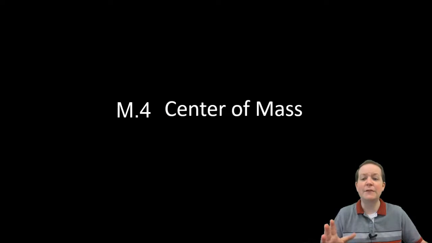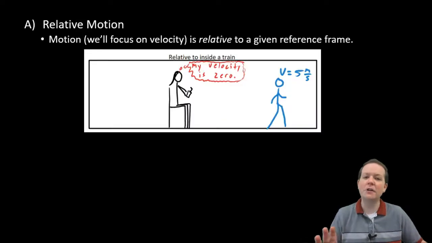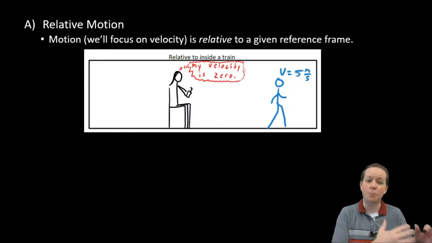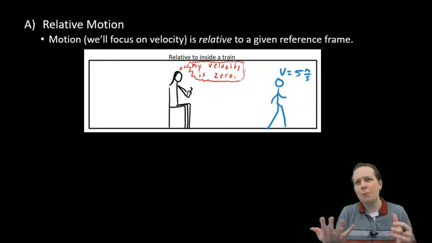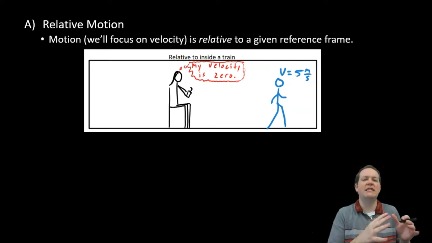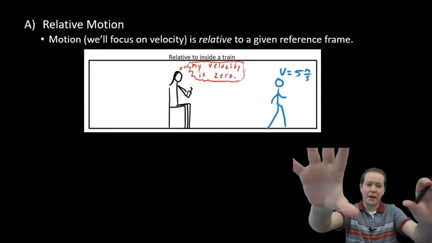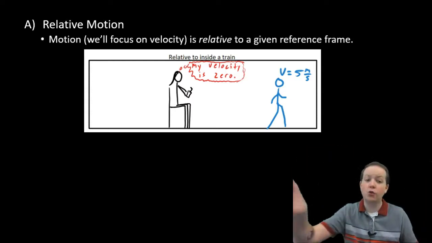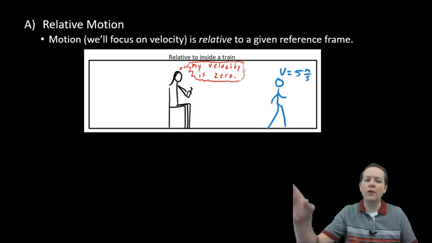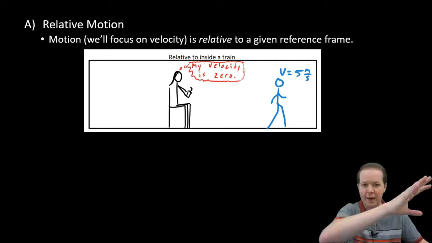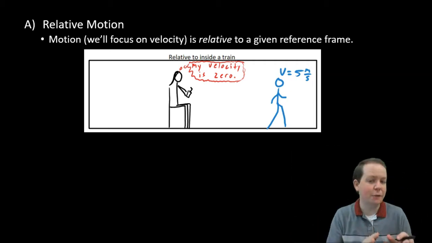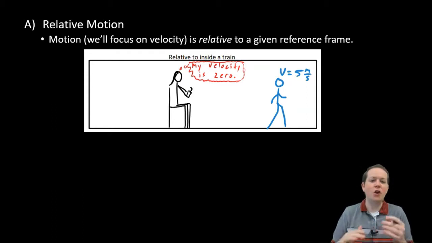Now, before I actually even talk about center of mass, we have to make sure we understand how things move. And motion, well, we've always kind of just looked at things happening off to the side from us, meaning we've seen a car driving down the road, or we watch a ball being thrown through the air. Depending on your reference frame, however, you might perceive motion slightly differently. And there's no incorrect way, or there's no way that's more correct.